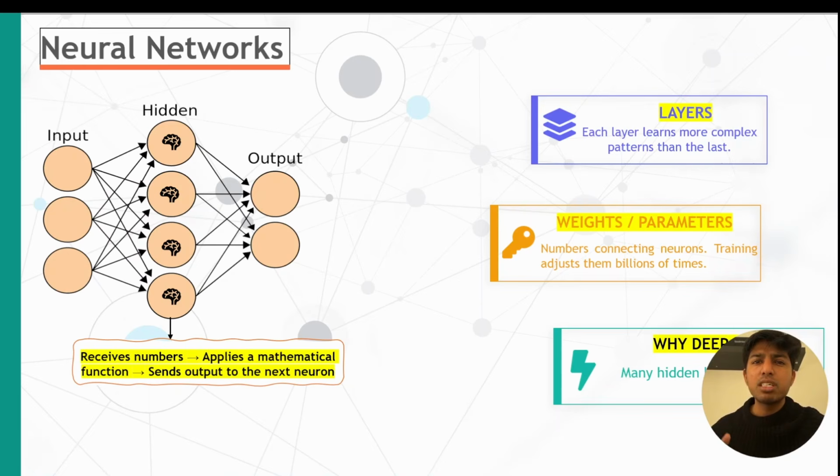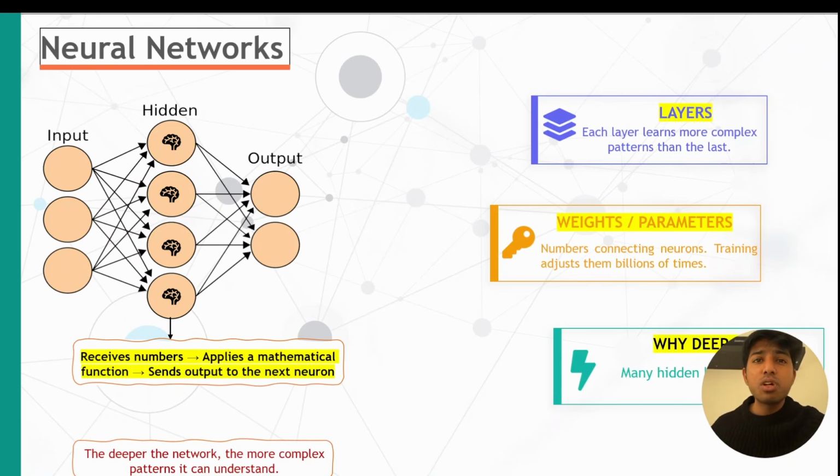So weights are nothing but the knowledge stored inside the model. That's why these weights are very important. The neural network has numbers in it, so everything is stored in the model in the form of numbers. When people say GPT-4 has hundreds of billions of parameters, what do they mean? They mean hundreds of billions of these weights or parameters that together represent everything the model has learned. So the model's knowledge isn't the number of words it learned. It's all stored in numbers. I hope it is clear to you.